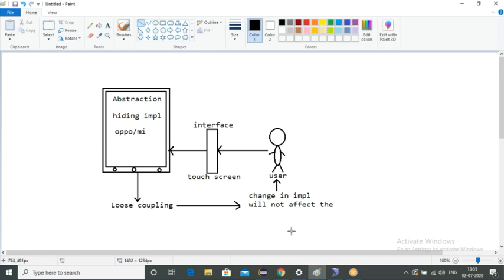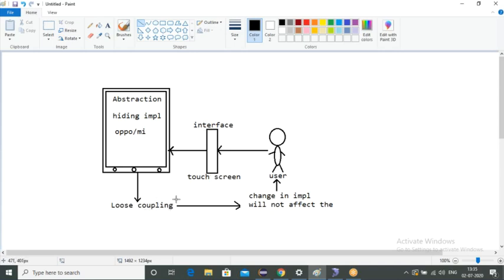Loose coupling means a change in implementation will not affect the user. Instead of an Oppo phone, if I use an MI phone, the user is not affected. He is using the same interface, called touchscreen. Even if I use an Apple phone, the interface is touchscreen only, right? This is one example which we'll be taking.